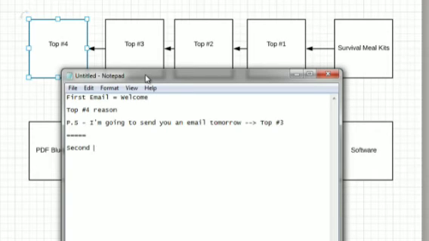The second email is going to be, all right, so we talked about this in the first email. Let's talk about top point number 3.